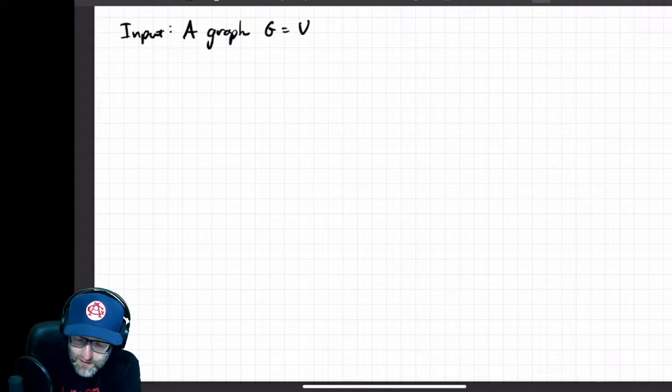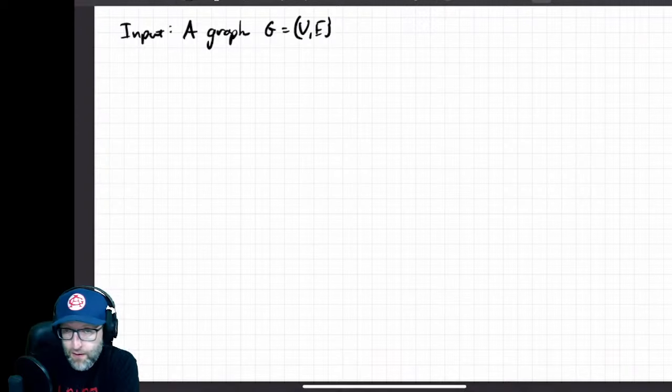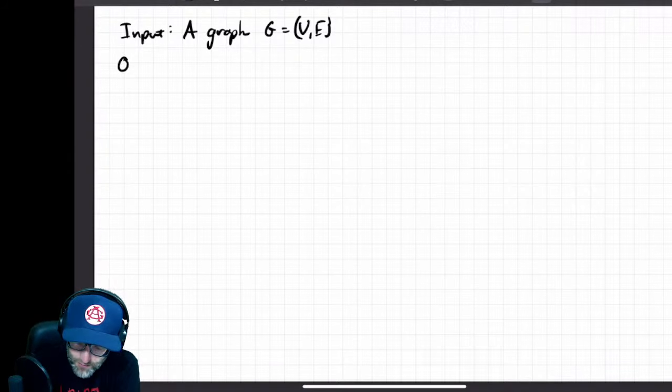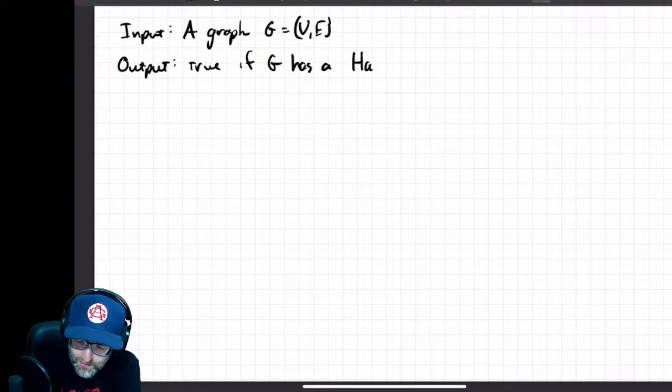G equals (V, E). That's the vertex set, of which there are n of them, and there's an edge set. There's some number of them. Our output will be true if G has a Hamiltonian